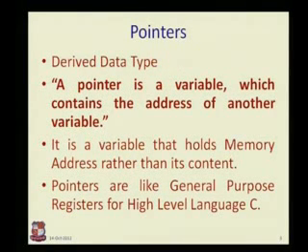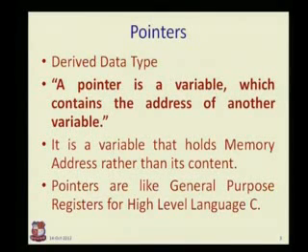So what is a pointer? A pointer is basically a derived data type. So what are the data types? Basically in C we have integer, float, and different data types. Pointer is a derived data type, meaning it is derived from these basic types. I cannot directly use the pointer. I have to use some special things about pointers.